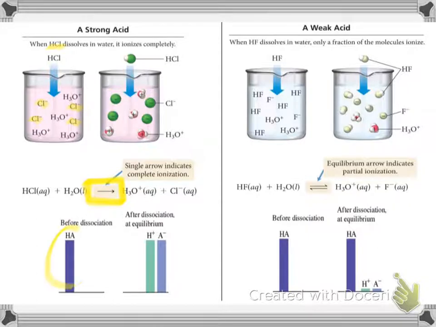So notice, however much of your acid you have before the dissociation, after dissociation, once you've reached equilibrium, is completion, 100% products. So every single molecule of your strong acid will ionize or dissociate. A weak acid, like say hydrofluoric acid, well, if you take a look at what happens when you put HF in water,